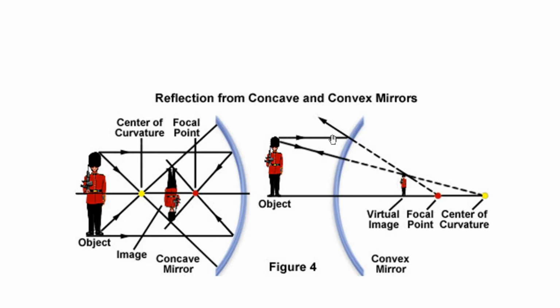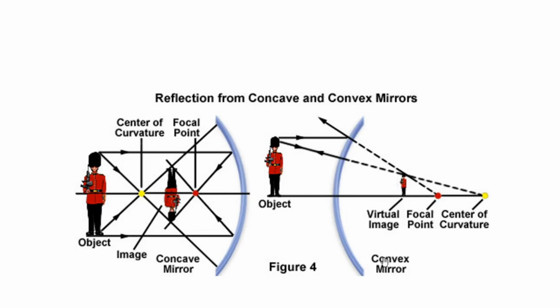the incident light is from here. Always place the incident light on this side for a convex mirror. For a convex mirror, the incident rays should be here, and these dotted lines are the virtual images, and this is how the reflected rays are formed. And a convex mirror always forms what type of images? Always virtual images.